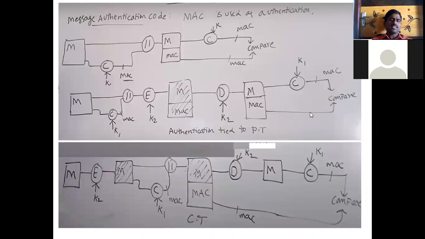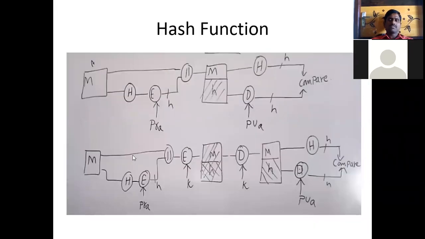And the next one is message authentication. In a message authentication, you have performed this first, but the plain text is directly transferred. So because of this, there is a chance of modifying the data. To overcome that, the remaining two have been given. And the last one is hash function. In this hash function, there is no key here. It is H of M. It will give a hash code. That hash code acts as an authentication.